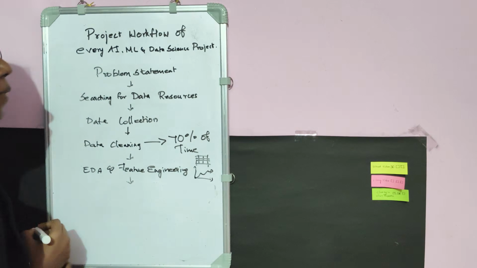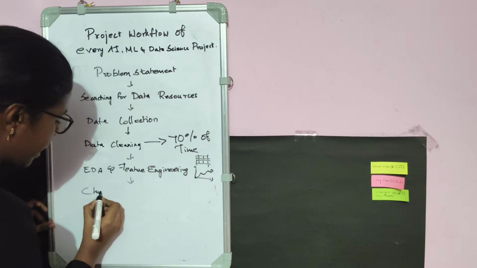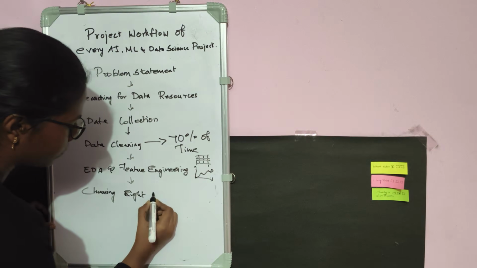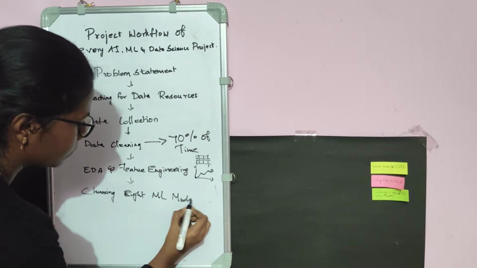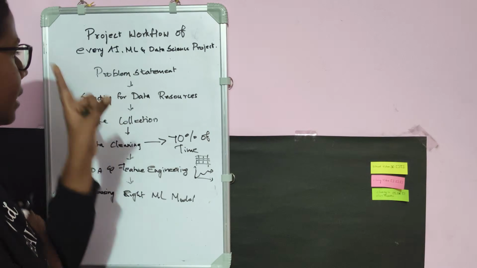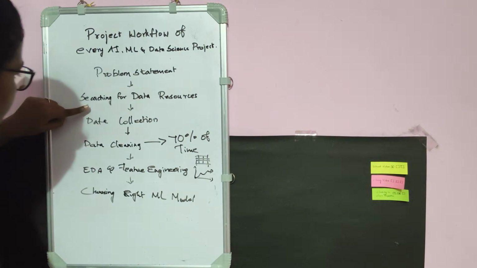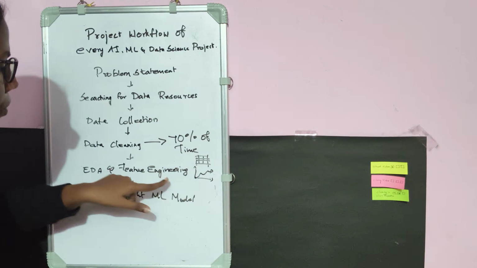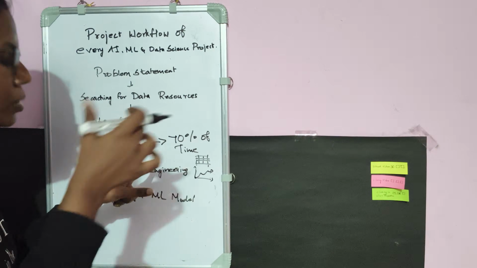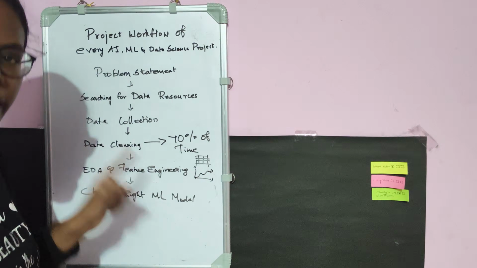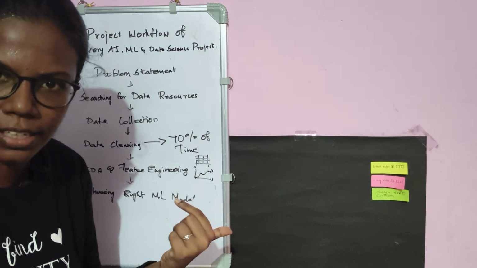Next, we are moving to the important step of choosing the right ML model. Even experts, ML experts, AI engineers, and data scientists struggle at this part. Based on understanding how your data works, how you cleaned the data, how you understood the data, and how you did those feature engineering steps, which columns are important in predicting the target column, you should decide which model is suitable for your particular data set